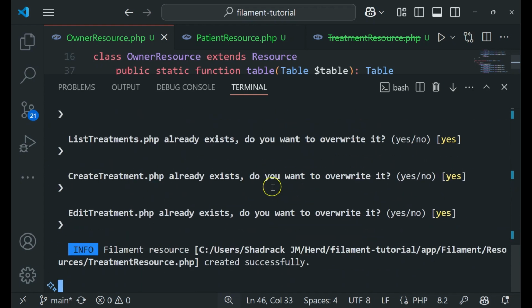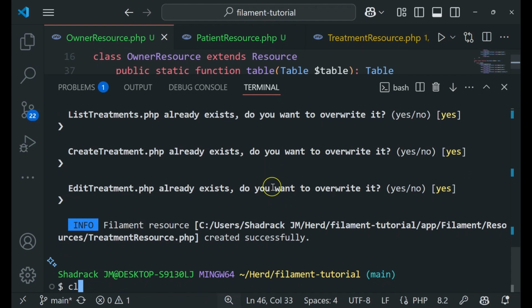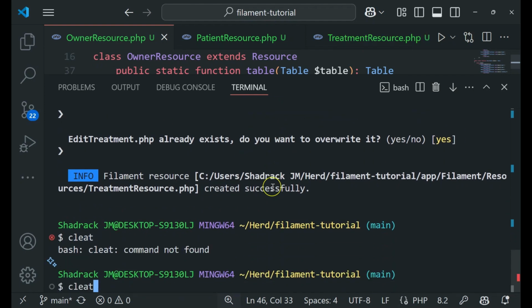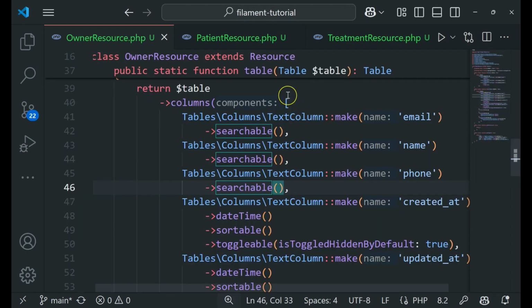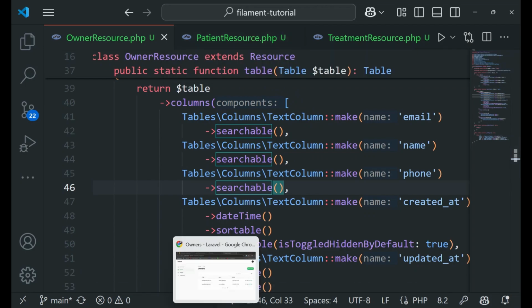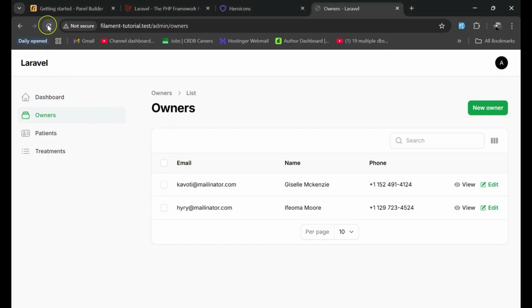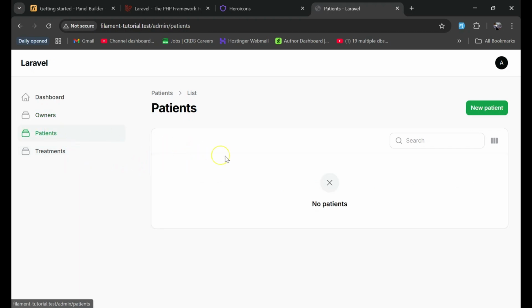Okay, overwrite everything, and then I'm going to clear my terminal. Oh, this should be clear. Okay, then let's go back here. So now let's go to the browser. Now if I refresh, if we go to patients, you can see we have this table, but when we